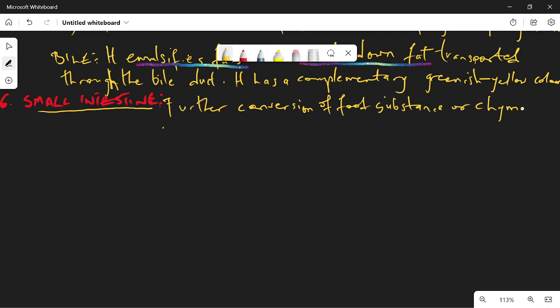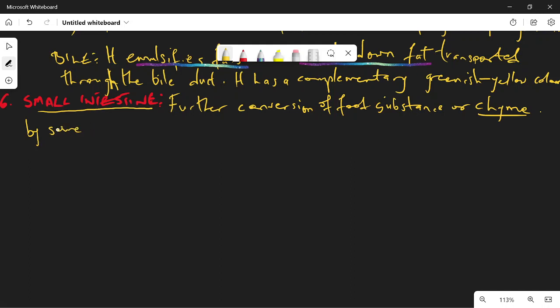or chyme. Who can tell me why I am referring to it as chyme? Who can tell me the reason why I am referring to the food substance as chyme? Can anybody answer that question? Because it's a semi-liquid. Yes, because it is no longer solid, but it is now a semi-liquid. So we have further conversion of food substance or chyme by